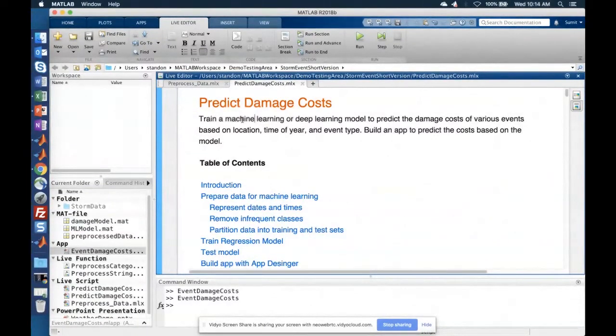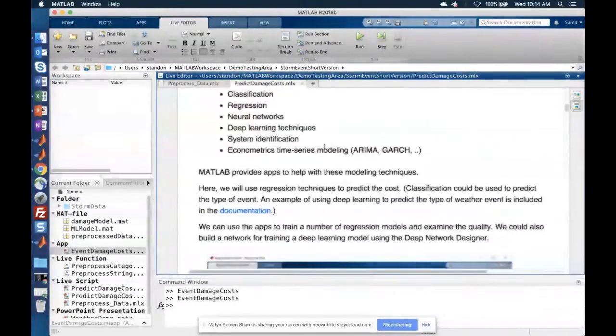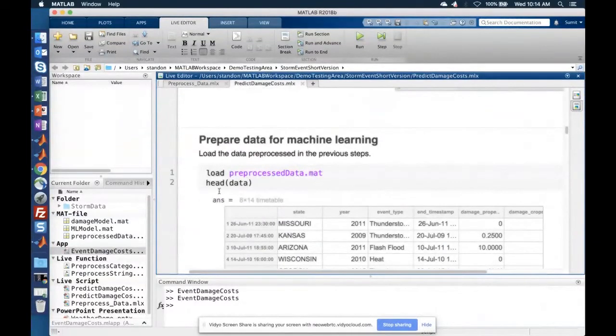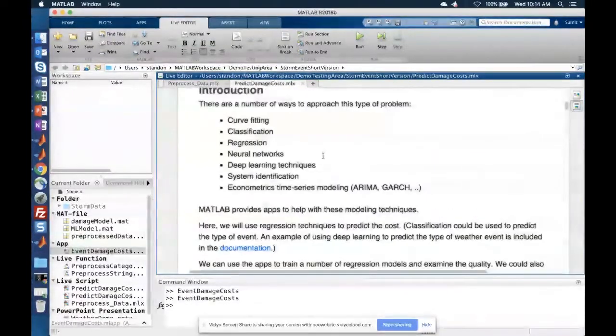In case you're not familiar, live scripts in MATLAB allow you to capture your entire application narrative. So you can include formatted text, a table of contents, images and text and graphics, and you can include MATLAB code, as well as the output of the code, which shows up inline as well. So I'll use the script to step through the analysis process.